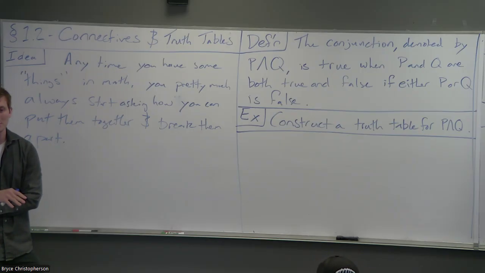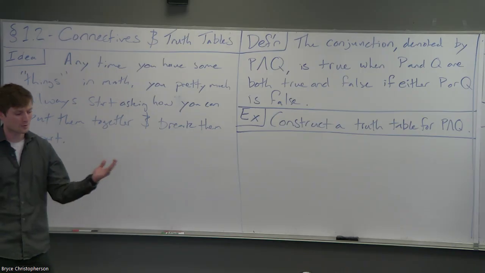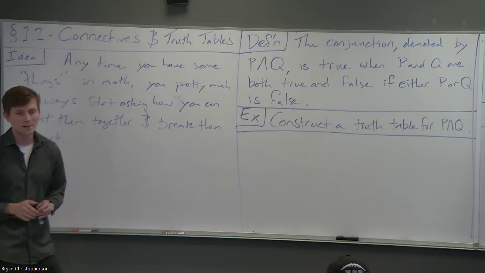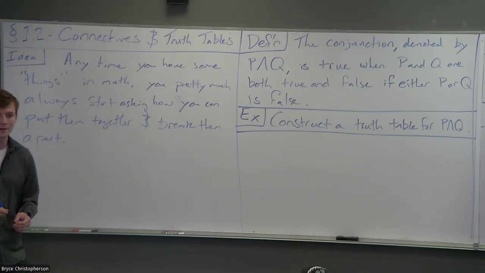So the first thing we're going to do is say, hey, we've got a notion of propositions. How can we put propositions together? How can we break them apart? And if you notice, it's really the same question, right? As soon as you start to talk about how to put two things together, you can immediately ask, okay, if I've got something, when could it have been made out of two simpler things? So putting things together and breaking things apart is usually basically the same question in mathematics. It comes down to the same thing: defining an operation that takes two things, or more than two things, and produces one new thing.